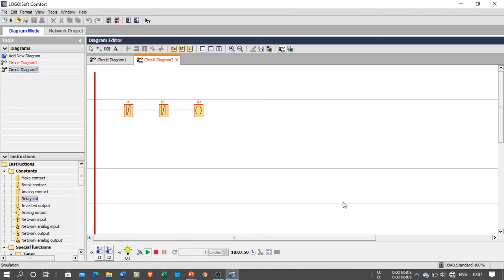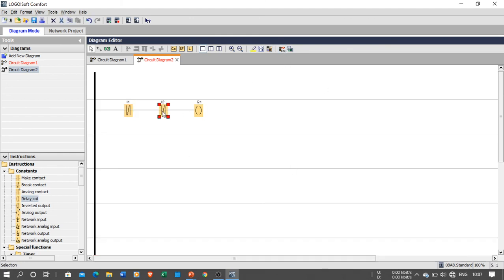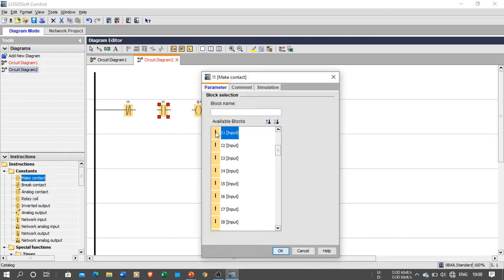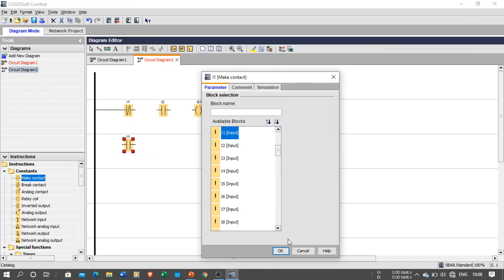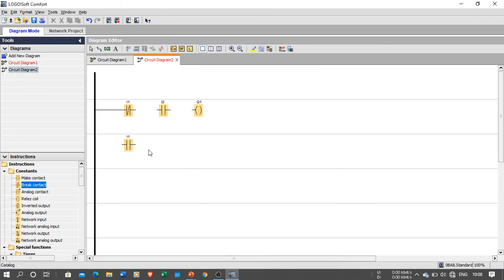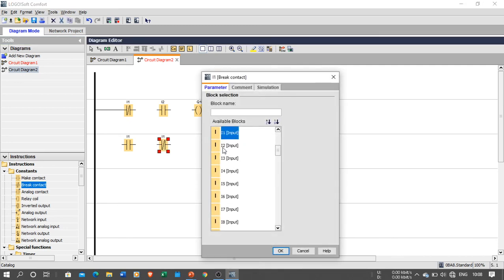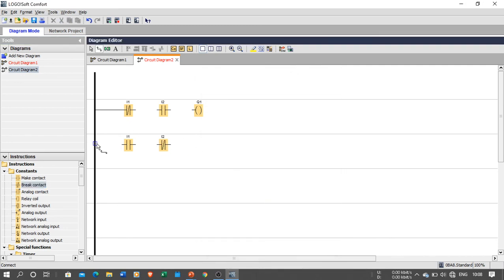Now in that case, what you are going to do, we will just stop the simulation and modify our circuit over here. Say here I have placed one contact over here, this contact is I2, here I will place one more contact over here, this is my I1, and again I have placed one contact over here, this is I2. Okay, now we will join these contacts.